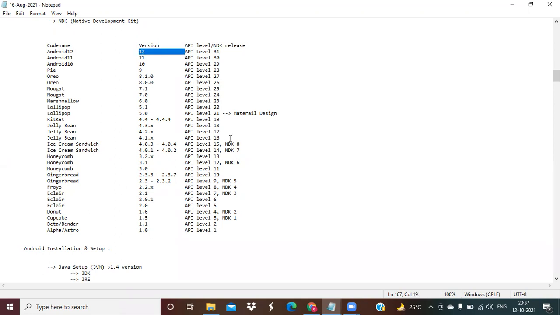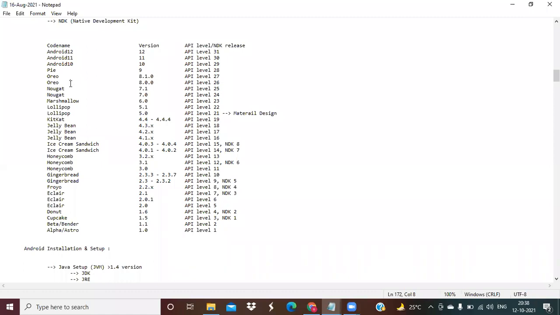Okay. So all the names of your Android operating systems are in alphabetical order. You can expect the next ones Q, R, S. Next you will get T. Official names to be confirmed. Because of Corona, it got delayed. Okay. So very soon you will get all the names. Right. These are the version numbers as well as API levels with the Android versions list.